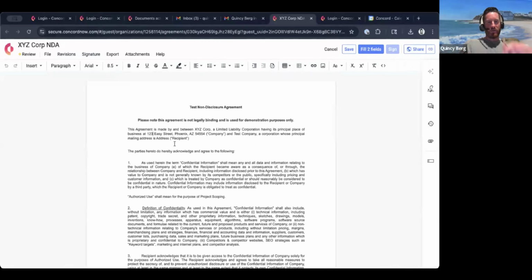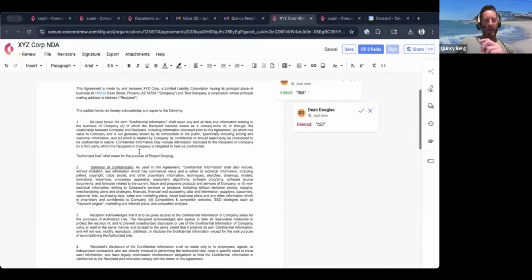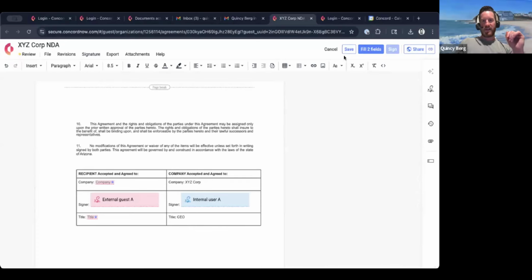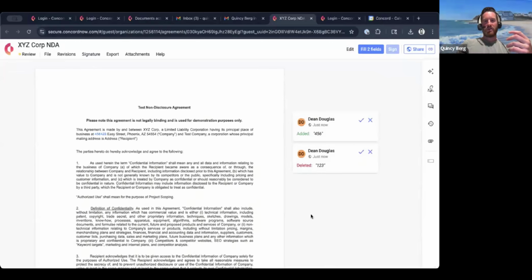We'll change this to 456. And then Dean would go through, make his markups that he needs to across this contract. And then there is a save button here. When the save button is clicked by the external recipient, now your internal Concord user that has sent out this document receives a notification that there is a new version of this document. And then they would be able to go into the document here, see the screen, and then see the external